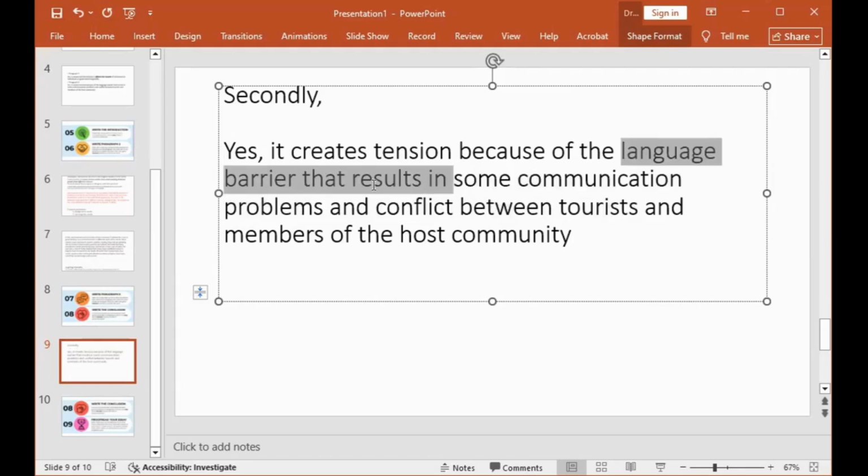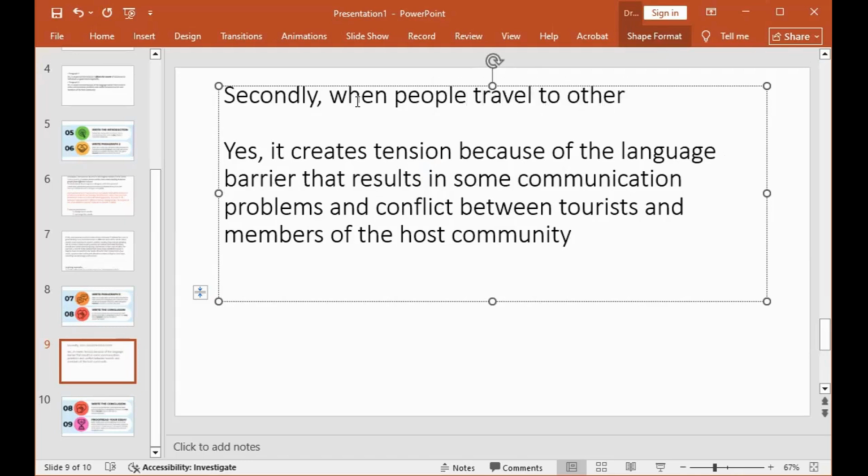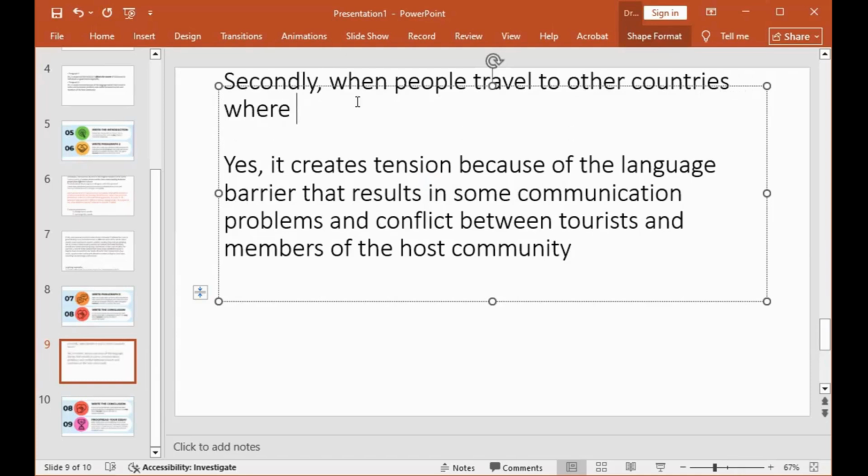So the main issue here is language barrier. Okay. Secondly, when people travel to other countries where they speak languages that they are not familiar with,